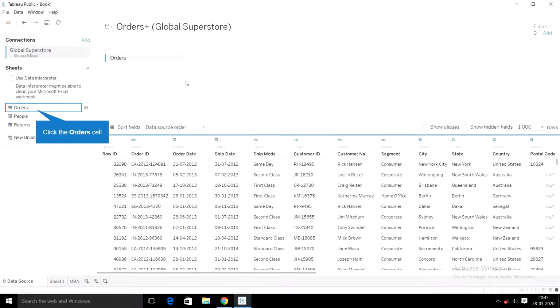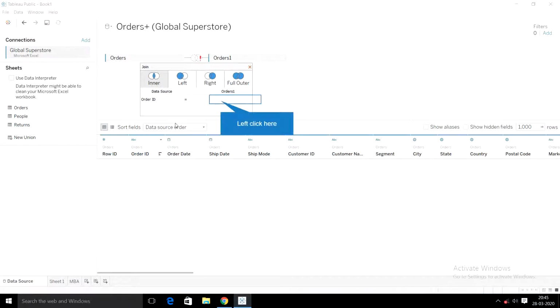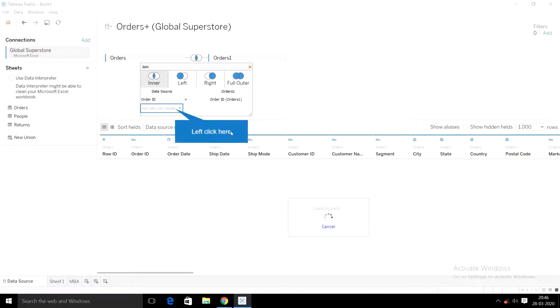Here we do one thing differently: we select this orders twice. The purpose of selecting orders twice is to create a data set. On what basis are we going to do this market basket analysis? It is based on the order ID. So we select this order ID as the input data. On the other side, the same order ID will be selected.